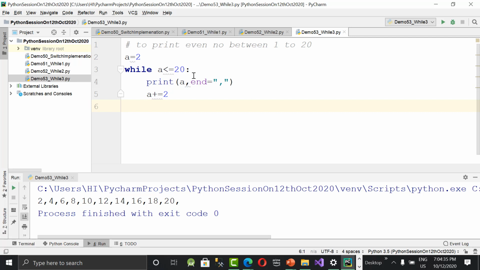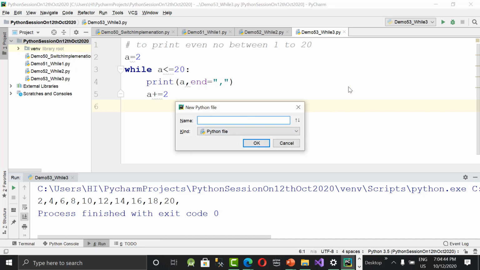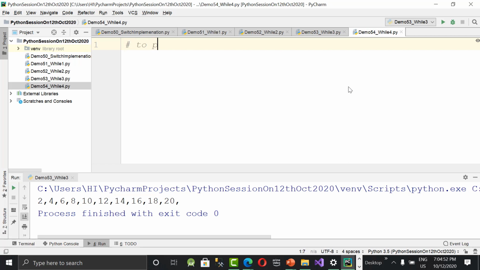Demo 54 underscore while 4. So what is this example? To print 1 to n numbers. So n we need to take first from the user: integer of input, enter n value or enter a number, whatever message you want.